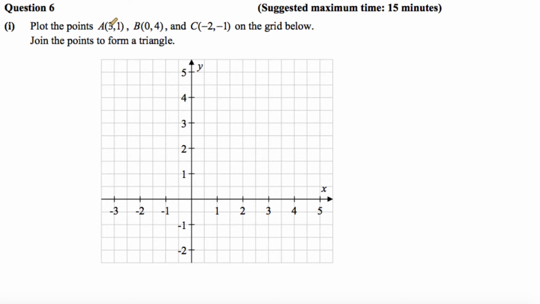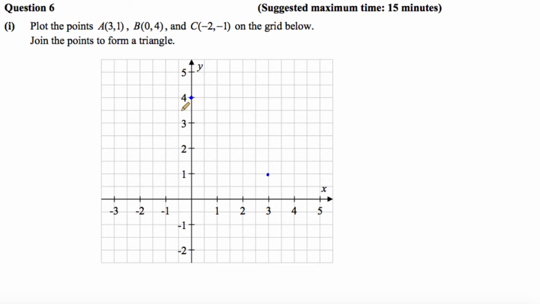So we're going to plot the point A first. The point A is (3, 1). So from the origin we're going to go to 3 on the x-axis and up to 1 on the y-axis. Then point B is (0, 4), so from the origin we're going to go 0 on the x-axis, which is where we are already, and then up to 4